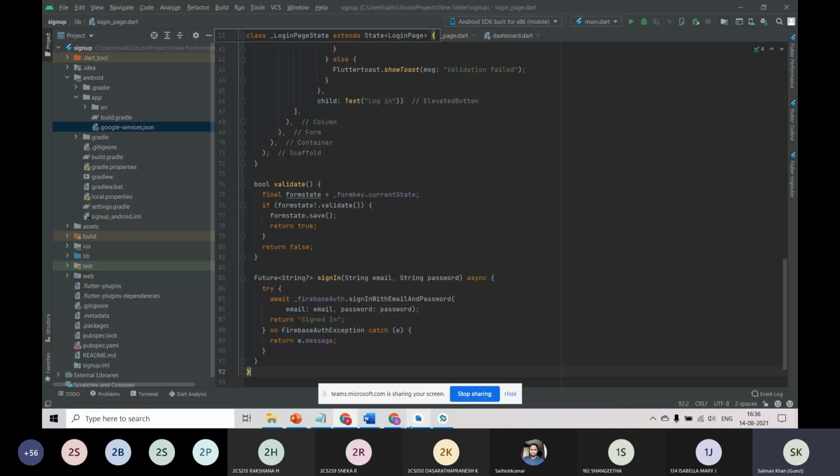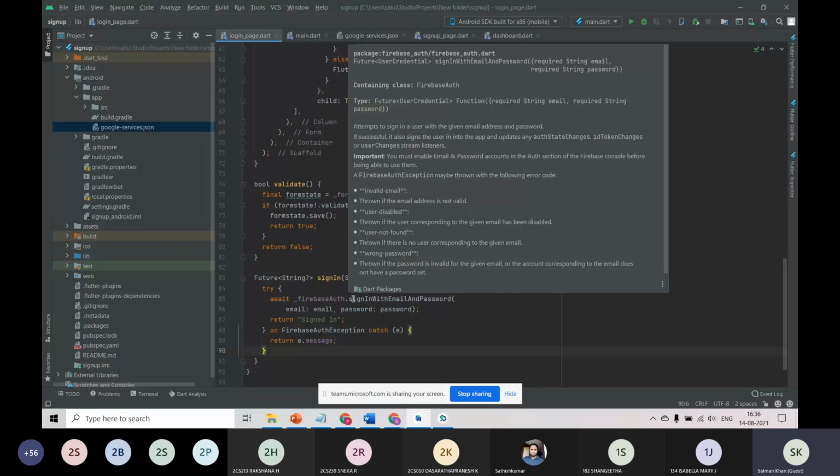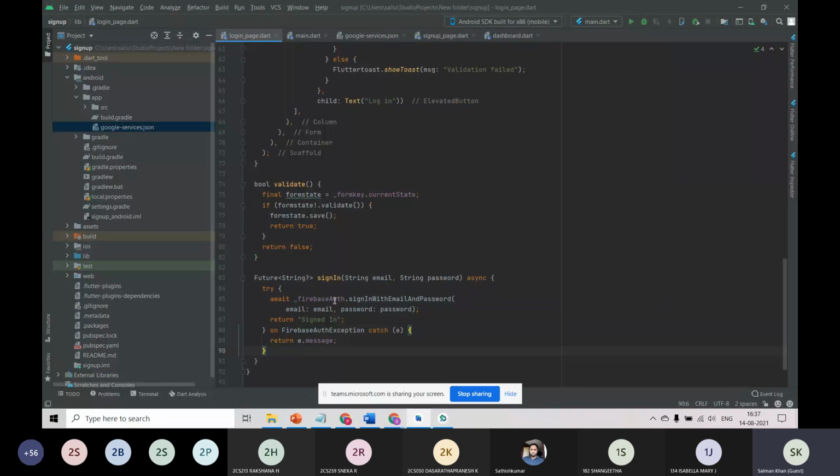Until it loads here. And yes, it will check if this user is present in the database. If this user is present, we will sign in. And if the user is not present, the code will automatically throw an error, and here I will catch this error and return the message to the user. So it is as simple as that.